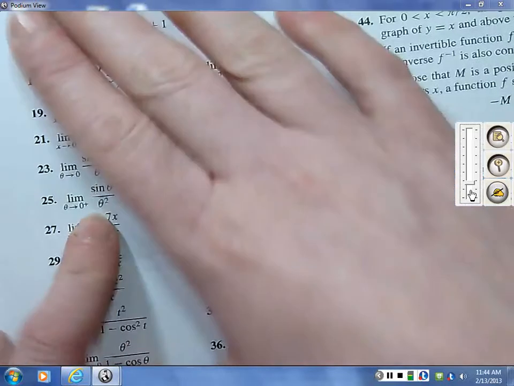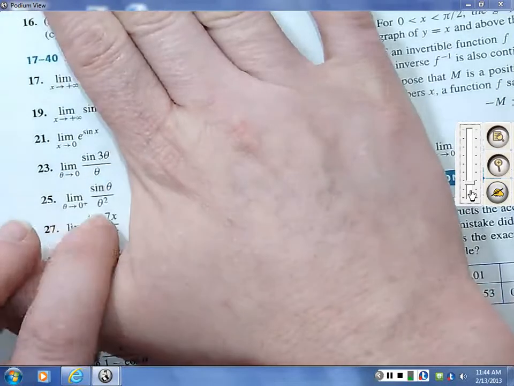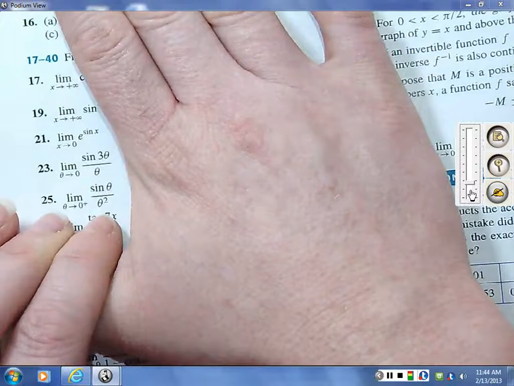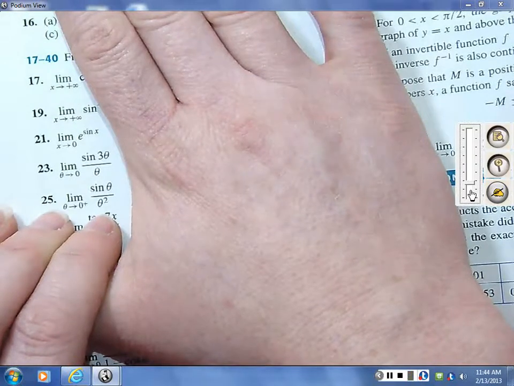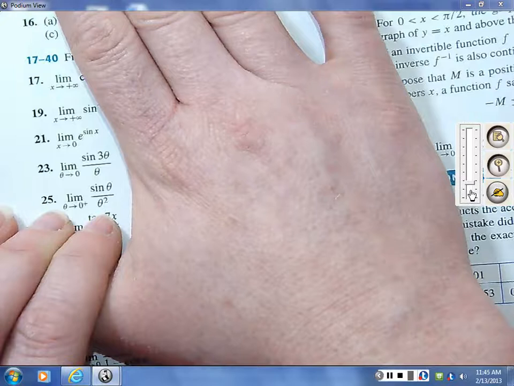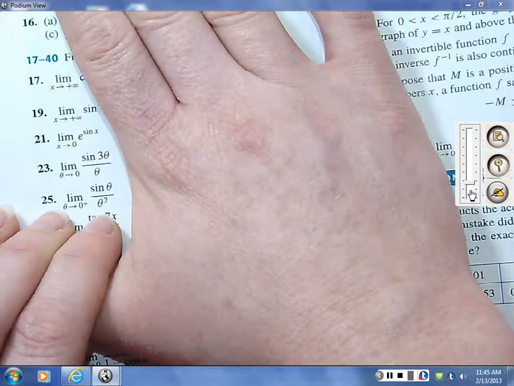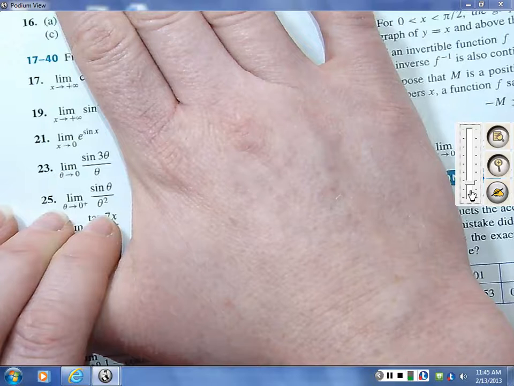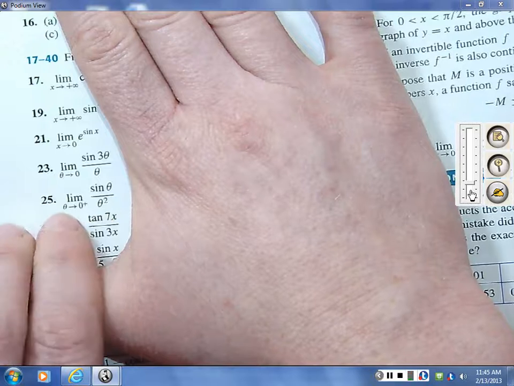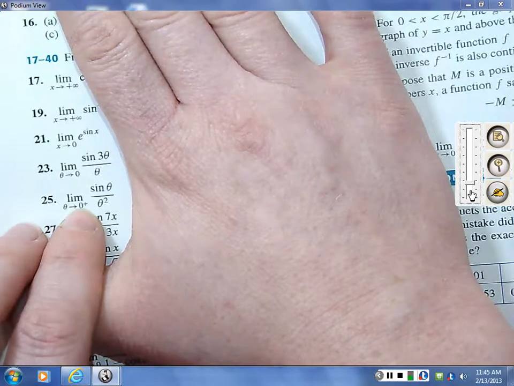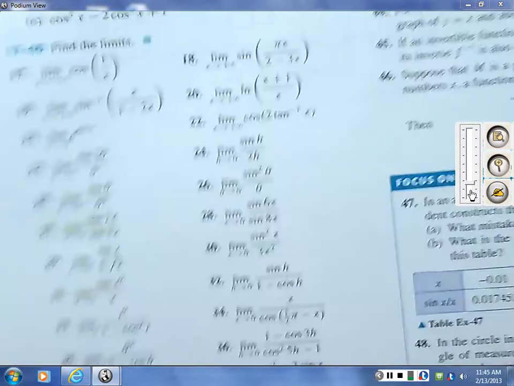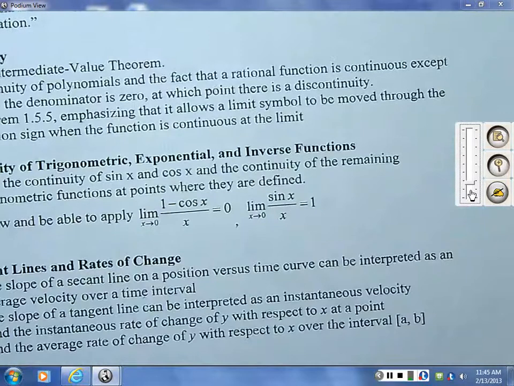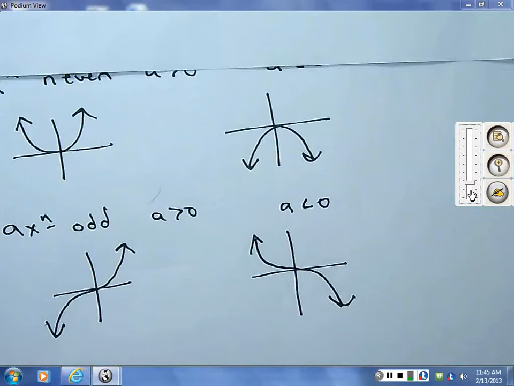This example, 25, is a good one. The limit as theta goes to 0 from the right of sine of theta over theta squared. 1 over x. 1 over theta, but theta is going to 0. It's going to 0. 1 over something going to 0 from the right, because it's from the right, is positive infinity, right? So let's just take a minute to write this one up, because I think it would be beneficial. So this is number